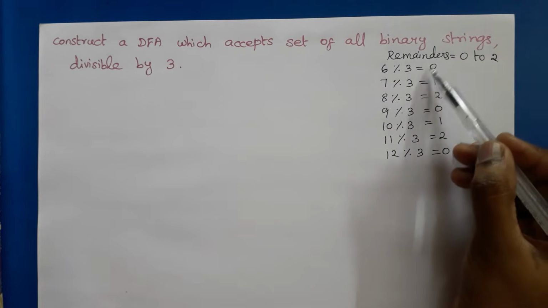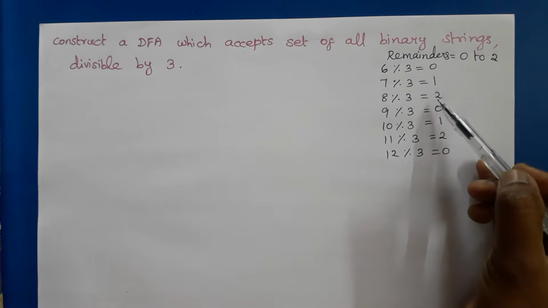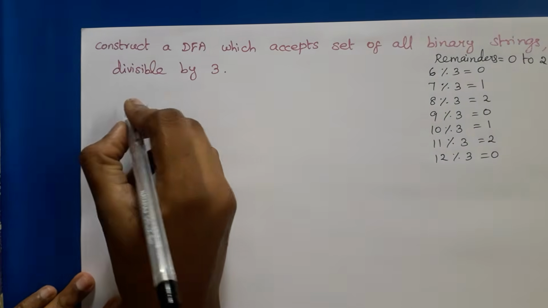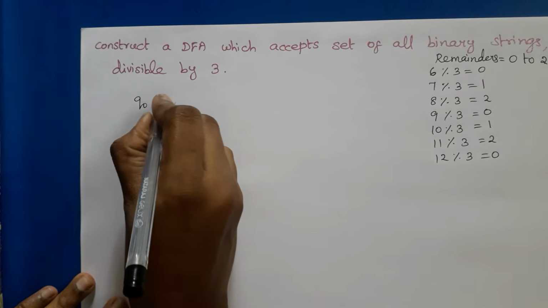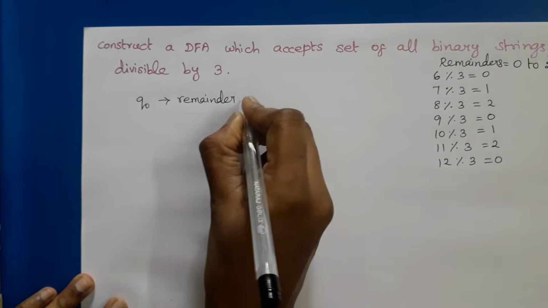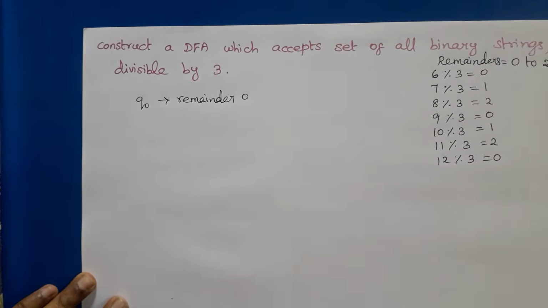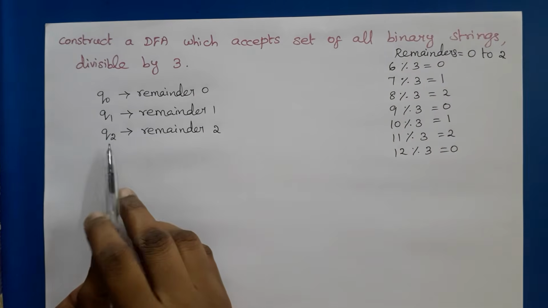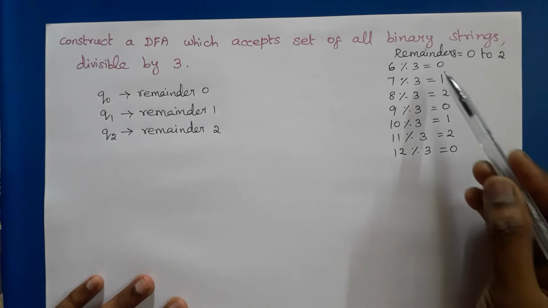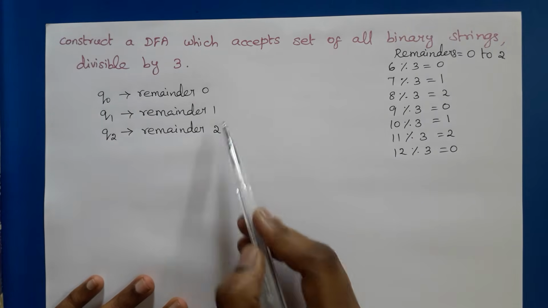One to represent the remainder 0, another for remainder 1, another for remainder 2. So Q0 for representing remainder 0, Q1 for representing remainder 1, Q2 for representing remainder 2, because we will get only 3 remainders 0, 1, 2,